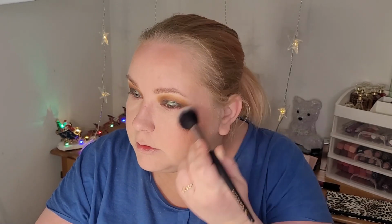Yeah, it is. I used this on Saturday, the lighter shade. So it is quite pigmented. These are glowy,